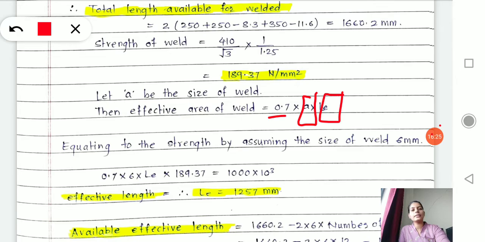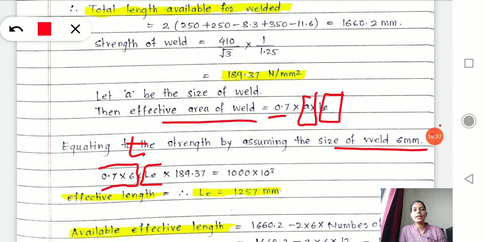I have assumed the size of the weld as 6 mm, and 0.7 into 6 will give you the throat thickness, into effective length will give you the effective area of the weld, and multiply it with 189.37, which is the strength of the weld.